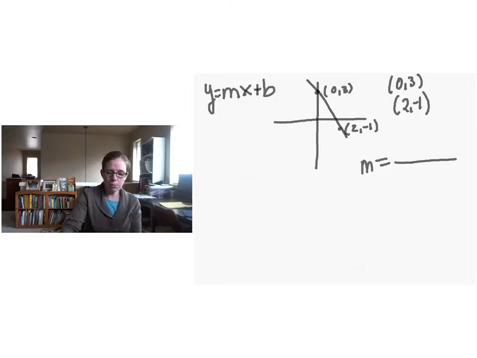We're still on example 2. What is the formula to find slope that we learned the other day? I'll give you a hint. It's y equals, and there's a fraction. Rise over run. Rise over